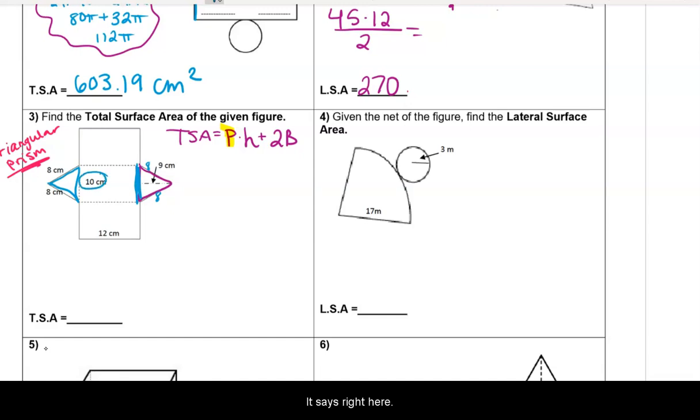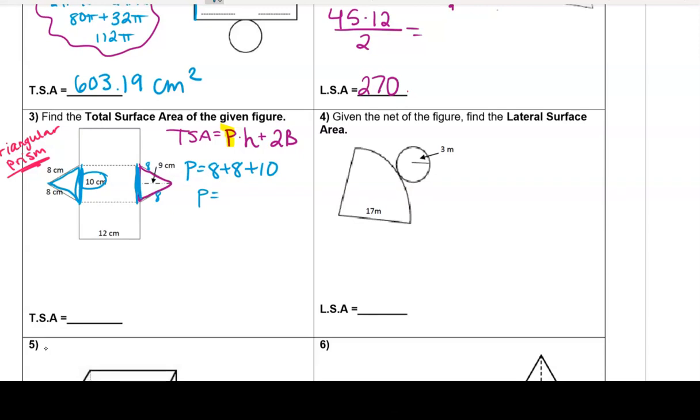Well, it says right here, it's 10. So our perimeter is going to be 8 plus 8 plus 10. We're just finding all the sides of the triangle and adding them together to find the perimeter. Remember, perimeter means the outline. So here our perimeter is going to be